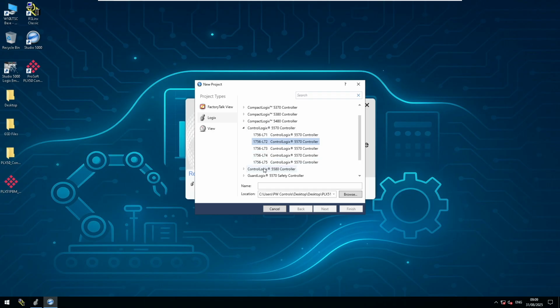Find the controller that you're using in your project. This will be the controller that you're going to want to be downloading the software into. So I'm going to be using the CompactLogix controller, which is a 5069-L330ER, and you're going to want to give it a name. So I'm just going to call this Basic Setup Project,